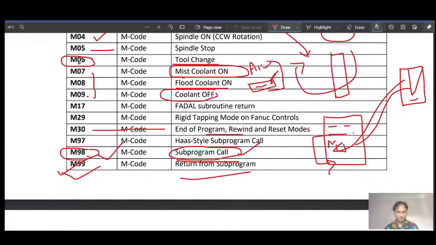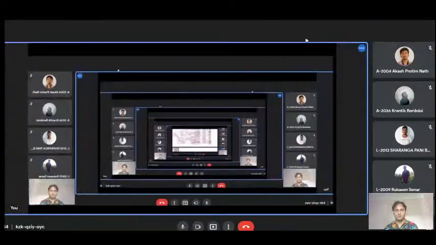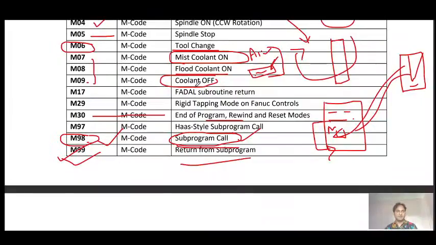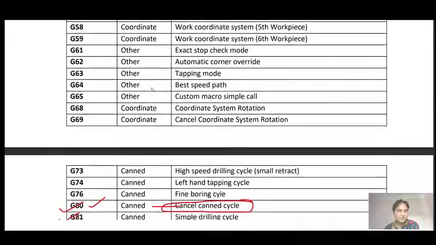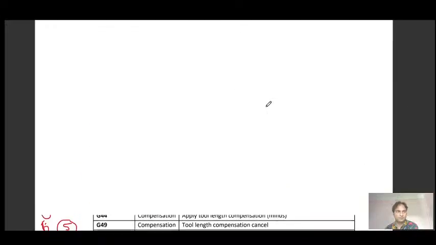Okay. So here I am finishing it, and what is left? Okay.